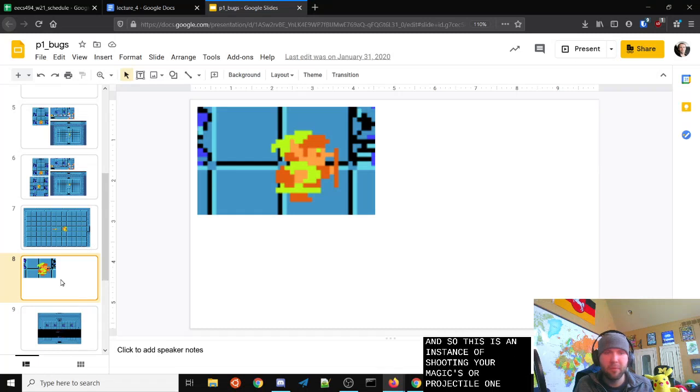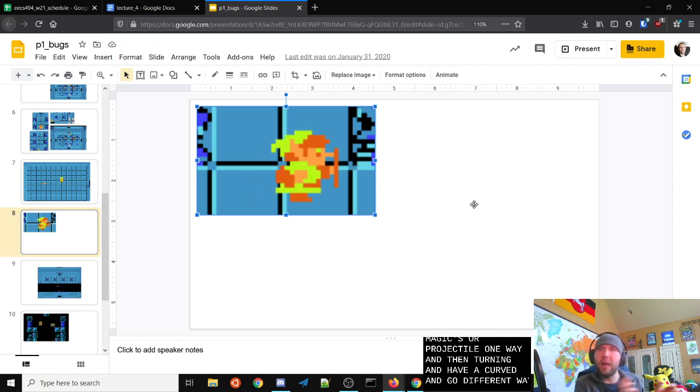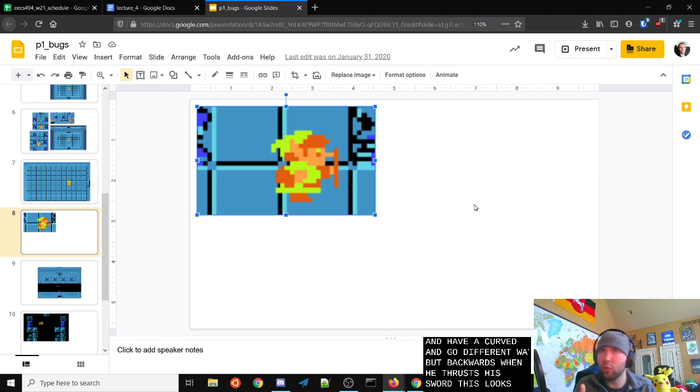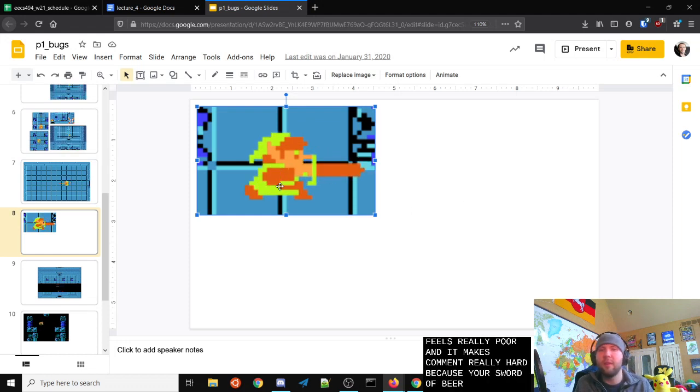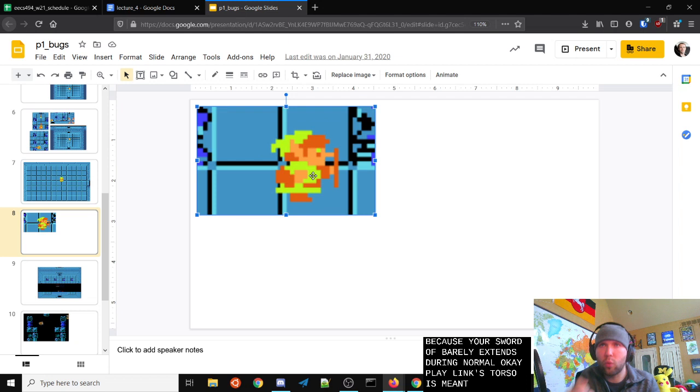Okay, here's another example. This one is extremely common. If you look at this here, Link is actually moving his butt backwards when he thrusts his sword. This looks really poor, it feels really poor, and it makes combat really hard because your sword barely extends. During normal gameplay, Link's torso is meant to stay here and the sword goes out instead of jumping back, right?